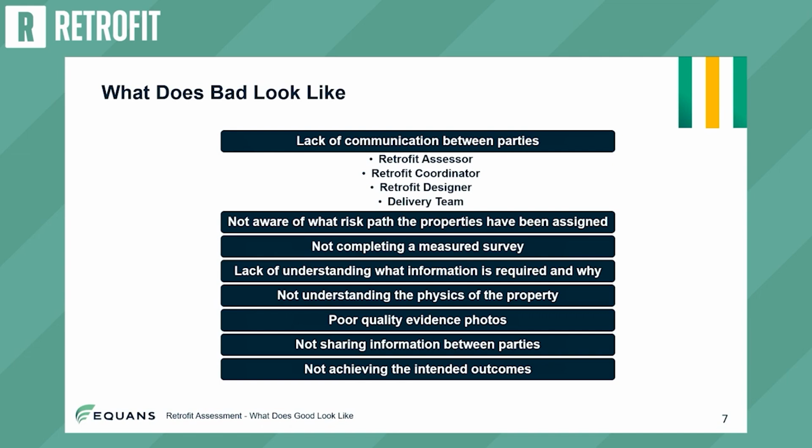Sometimes we forget that the retrofit assessor needs to have a conversation with the designer as well, or be involved in those meetings to see what they are planning on doing. Also, not being aware of what path they're looking to achieve. At Equans, we'll always assess to a risk path C, just because that's where we feel that we should be. Not completing measured